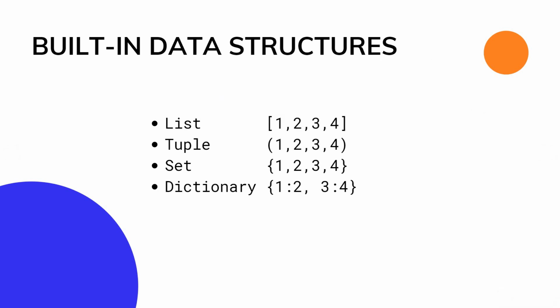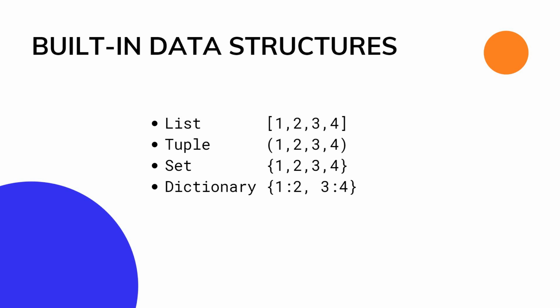So these are some basic built-in data structures in Python. This is a list bounded by the square brackets. Then we have tuple bounded by round brackets. This is an immutable data type. This is a set denoted by curly brackets. It stores only unique elements. It is a mutable and unordered data type. And here we have dictionaries as a key value pair. Let's learn about some more built-in functions in Python.